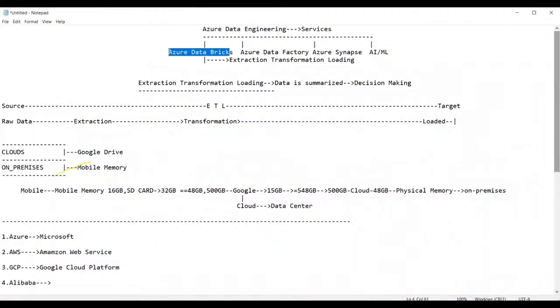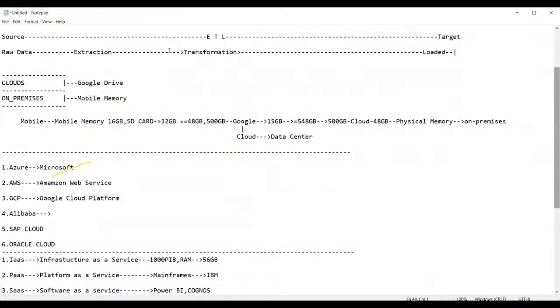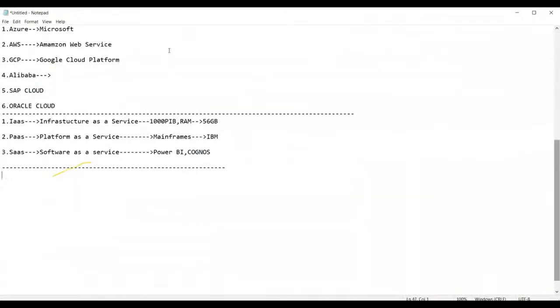What it does, we have to understand this. So now guys, let us come back here. When it comes to Azure Databricks, Azure Databricks is a service of Microsoft,